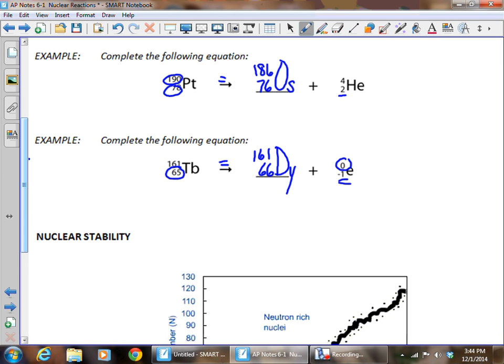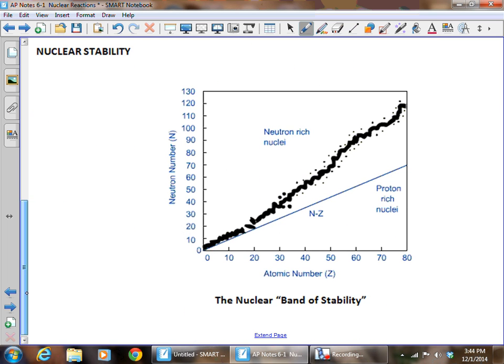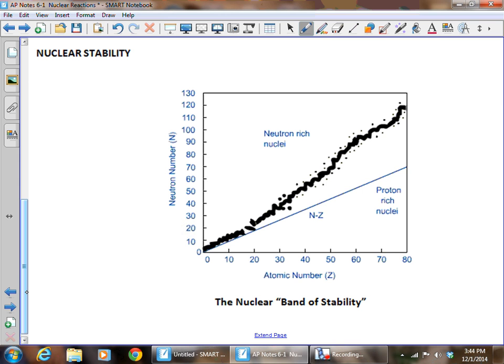So one of the things that you'll be doing on your worksheet is going through and doing several equations like this and finding out either what particle is emitted or what daughter nuclide is formed. Now, when we look at stability of a nucleus, we have something called the band of stability. Now, this line going through here